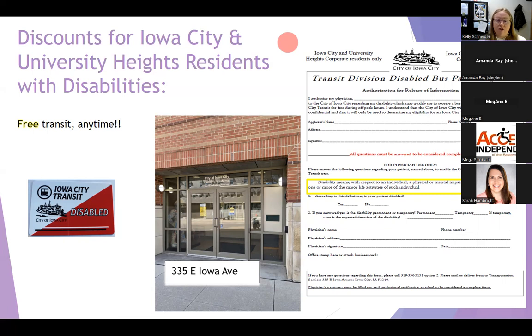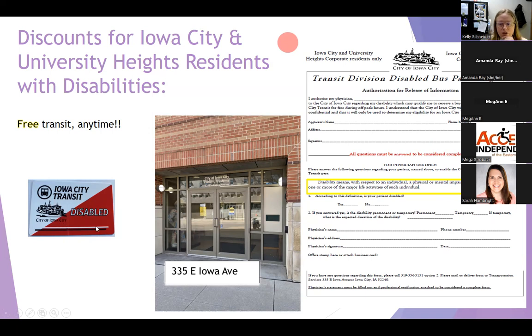In that event, they can apply for the disabled bus pass. The disabled bus pass would allow the participant to ride the Iowa City Transit and Coralville Transit buses for free anytime. I have a picture of what that card looks like, and I'll show you where on the fare box